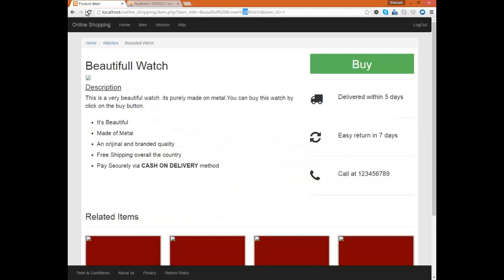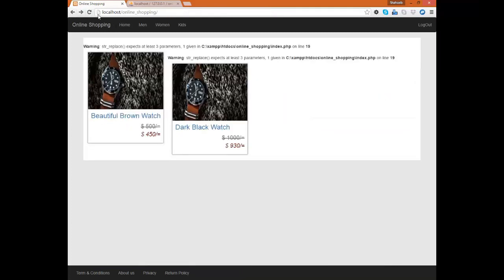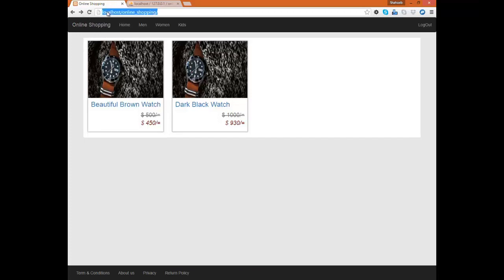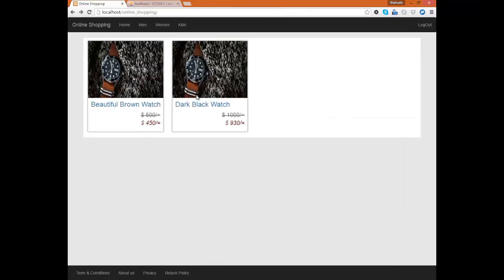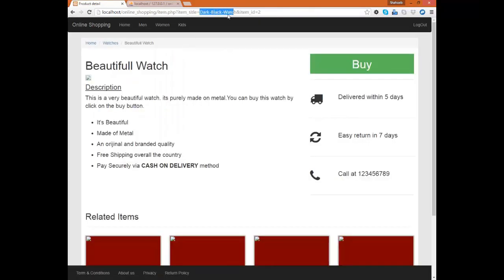Go to the browser and refresh the page. You can see that it's still like that because we just didn't send the real one. Go back to the online shopping. Oh, we're having the error. Refresh that. No, we're not having. Okay, just click on the beautiful brown watch. Now you can see the beautiful brown watch. Awesome, we just got what we want. Go back, click on the dark black watch. Yeah, the dark black watch. There is no space because there is a hyphen which is updated, and this is what actually we want,